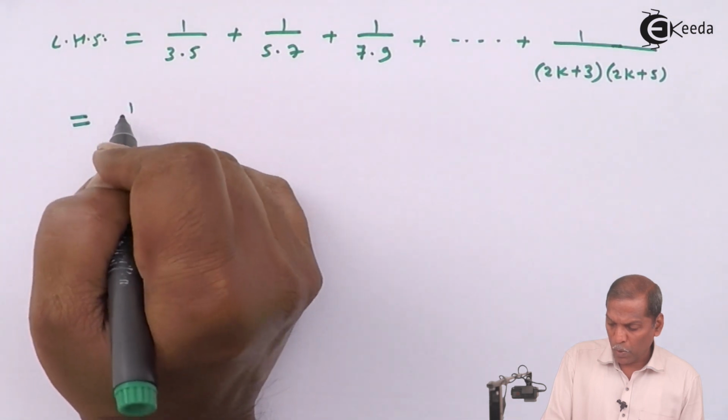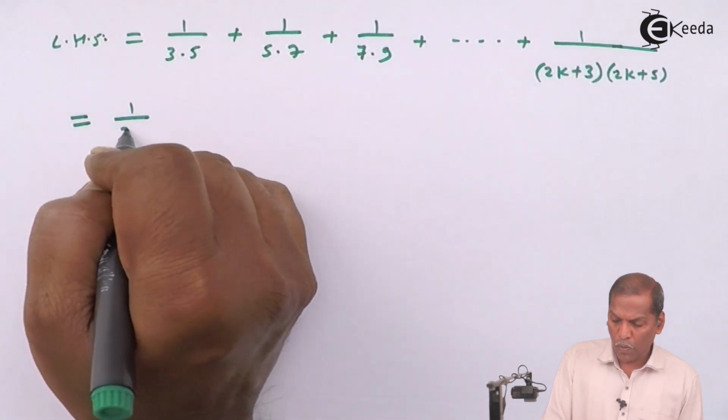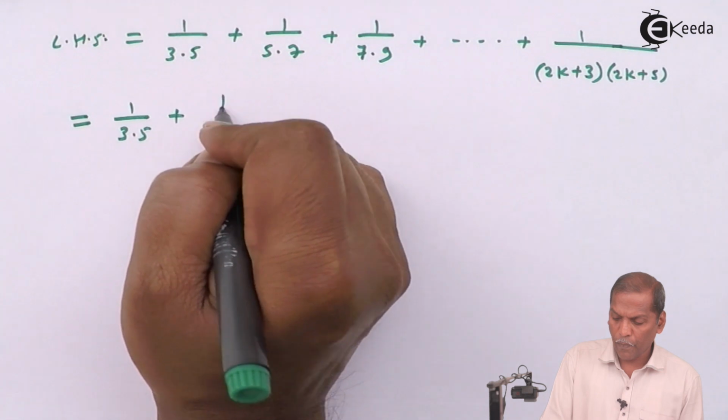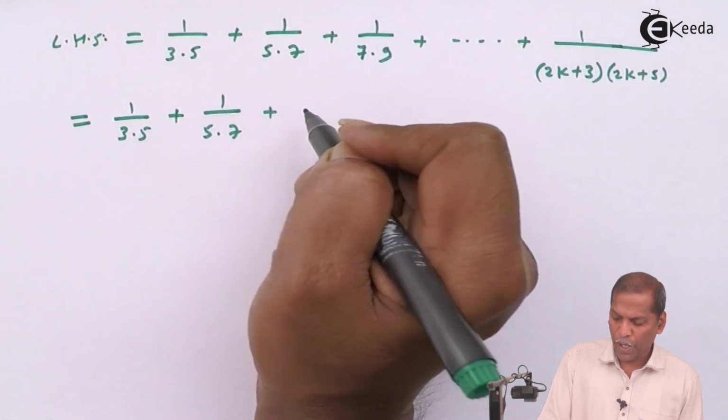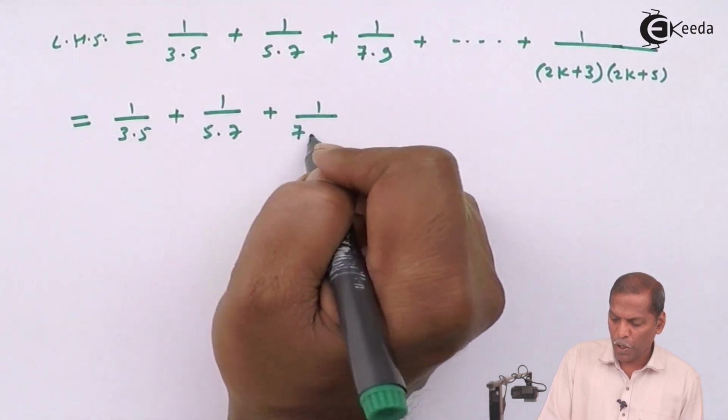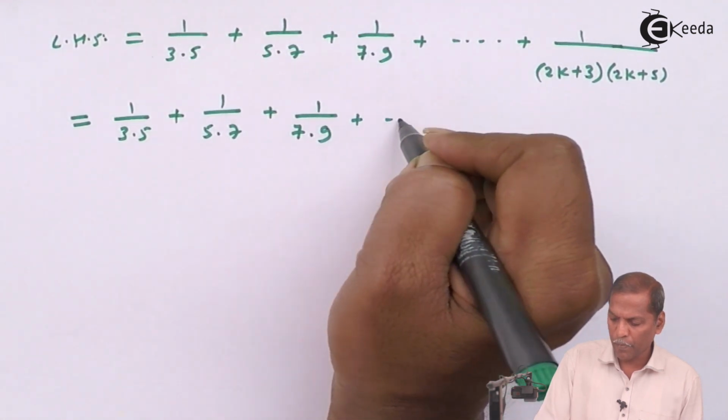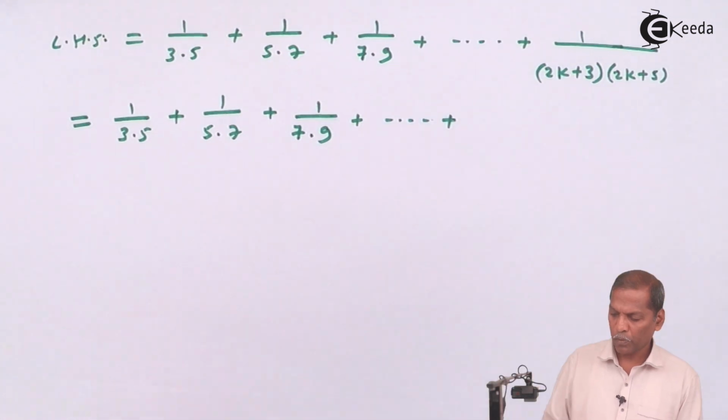So that is equal to 1 upon 3 into 5 plus 1 upon 5 into 7 plus 1 upon 7 into 9, going on, plus